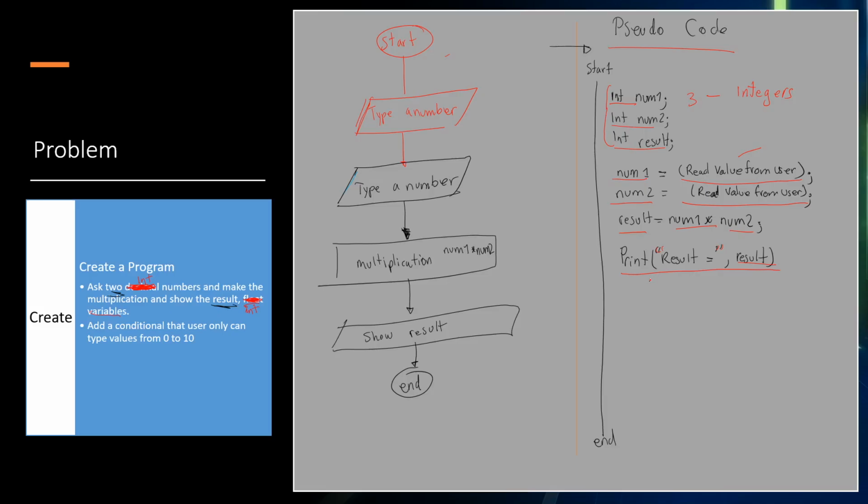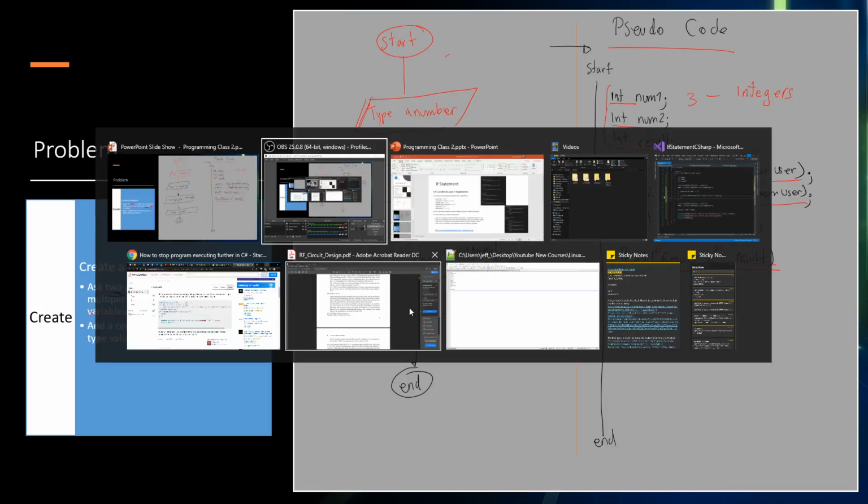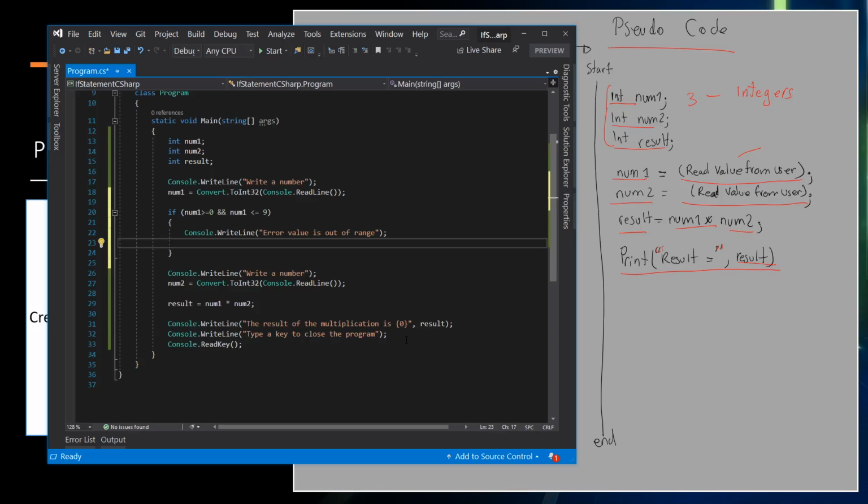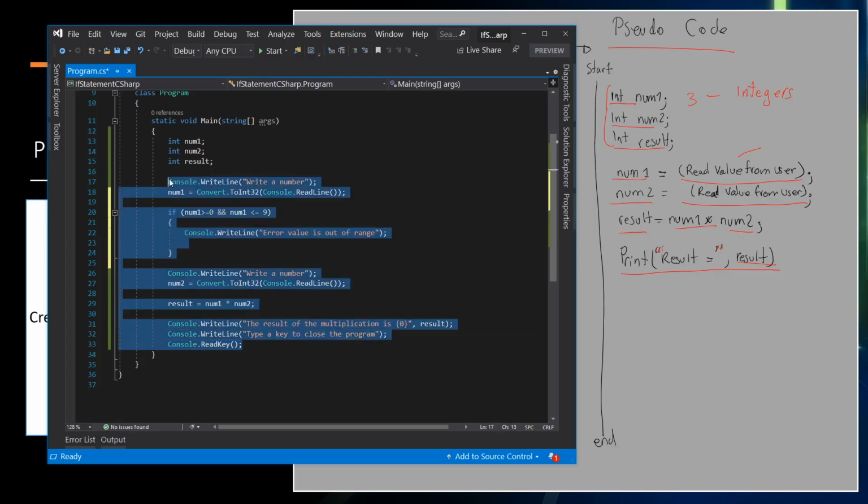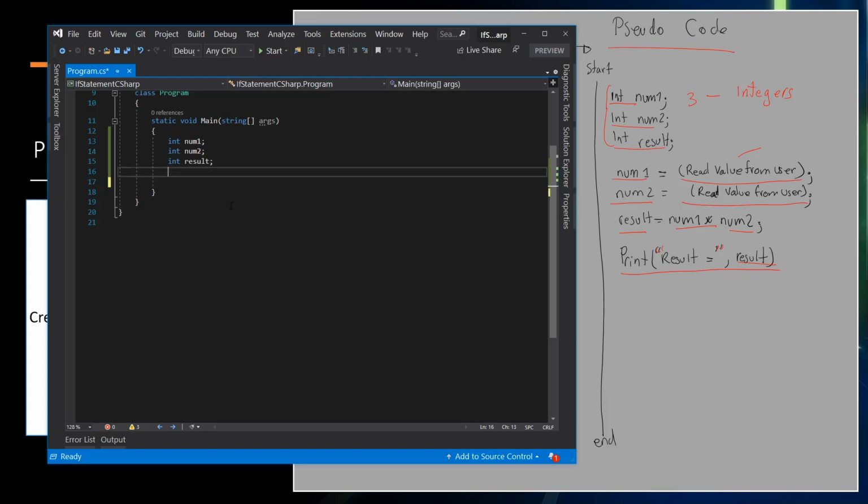So now let's move to the code, and if we go to Visual Studio, I'm going to write this one more time because I want to show you how to write this. Let's delete this. So we have the three variables, integer,